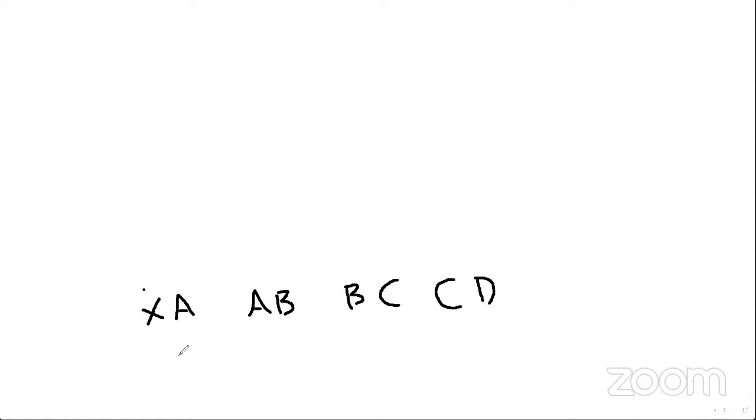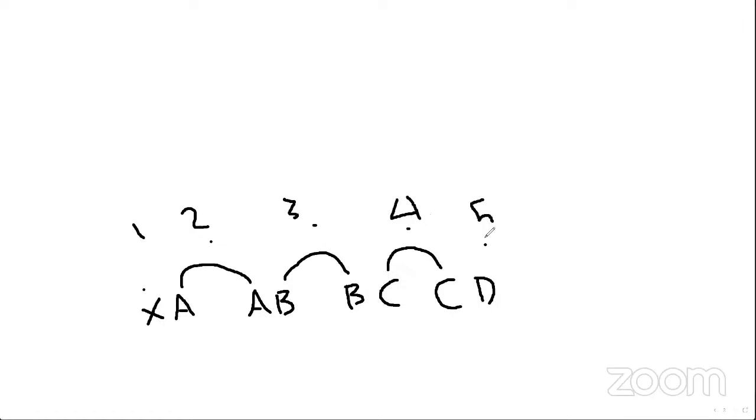We have X 1, A 2, B 3, C 4, D is 5. So we have 1, 2, 3, 4, 5 points